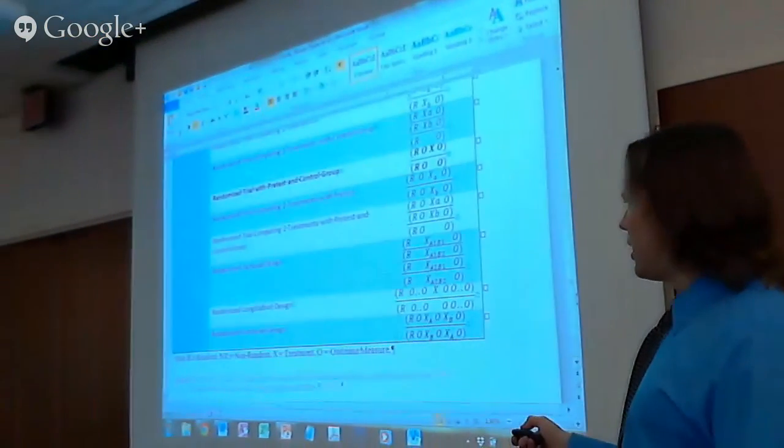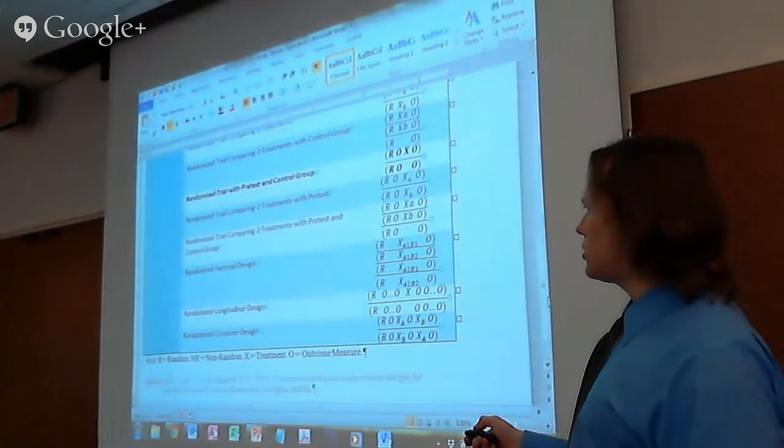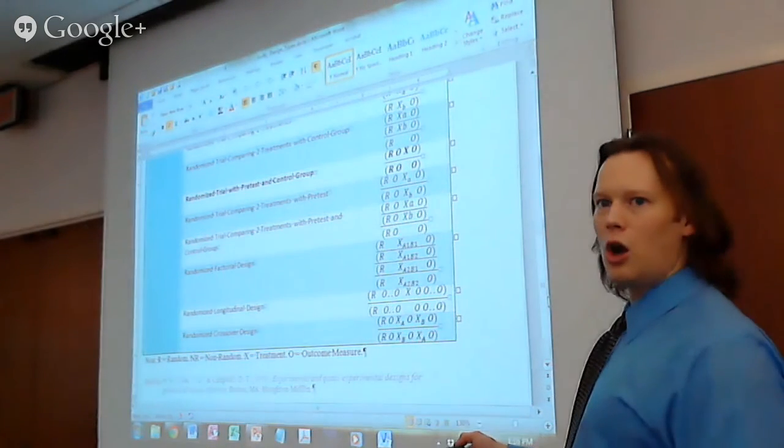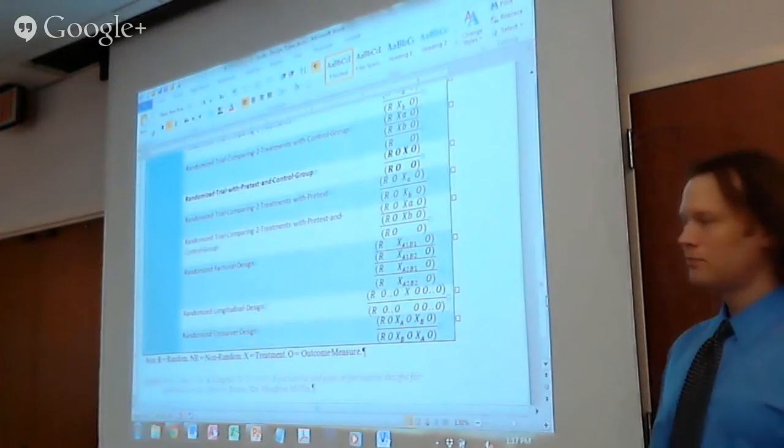This is, again, not my notation. This is Shadish, Cook, and Campbell. At the bottom of this, you'll notice that there are some symbols here. So an O is an outcome measure, and X is a treatment. NR is a non-random group assignment, and R is a random group assignment. Okay. So then going back up to the top,